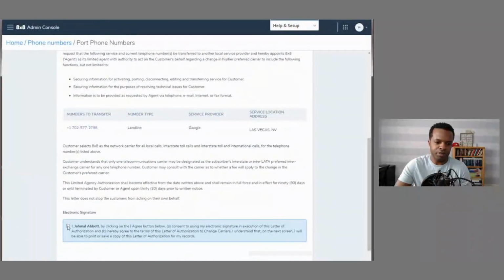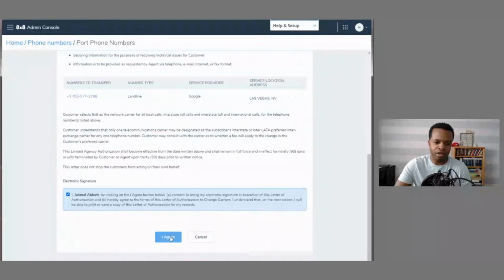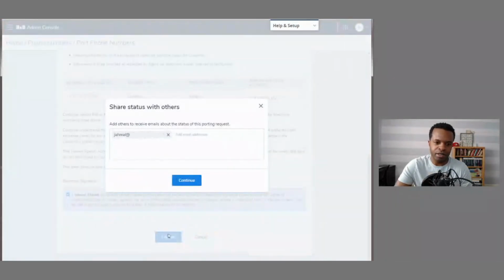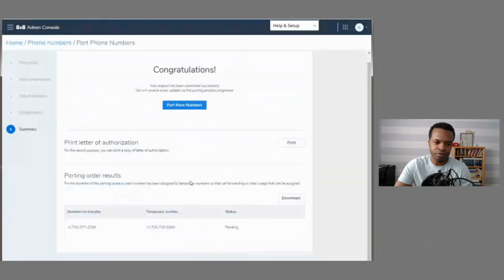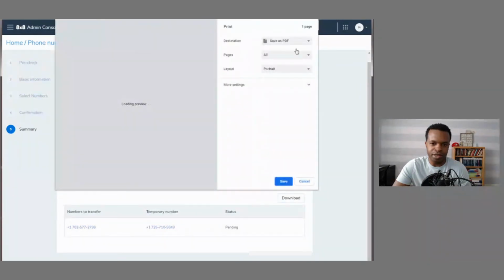I'm going to check this box saying that I agree, and click this box saying that I agree, and click that. And then I can have a specific email. I will click continue for that because that looks good to me. And congratulations, this has been submitted, and I'm going to get an email with some updates. And at this point, I can print my letter of authorization.